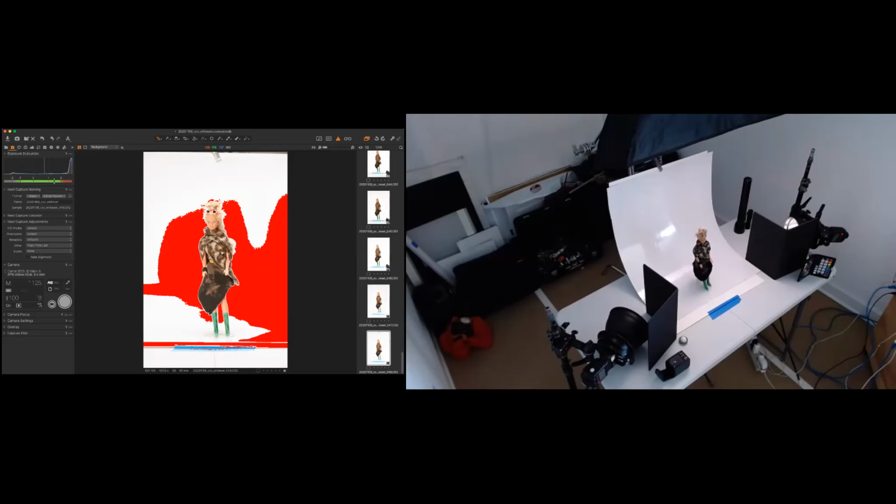Anyone else? I have a question. Shoot. So when you would do this for a full length figure, how would you do the back, like the overhead light for the floor? You do it exactly the way I'm doing it right now. You bring it in. We would use a much heavier stand, one of those medium high roller stands, but rigged the exact same way as we rig it here. This is a small softbox that I'm using. You would probably use a medium, and you would bring it in from behind, just like this one is. Does that make sense? It does. Thank you. Sure.